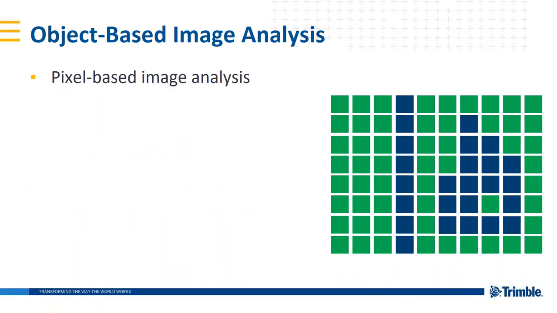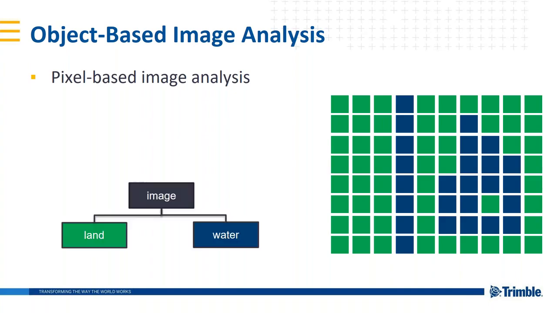eCognition is based on the concept of object-based image analysis. So just a general introduction to object-based versus, say, pixel-based, if someone's coming out of that environment. Here in the slide, we see a representation of an image with the pixels. And really, we're restricted in terms of the information that we can use when working with single pixels. We can, of course, play on the spectral information, but that also limits the way we can interpret an image. Here, we can create 2 classes in this example, land and water, from our image.